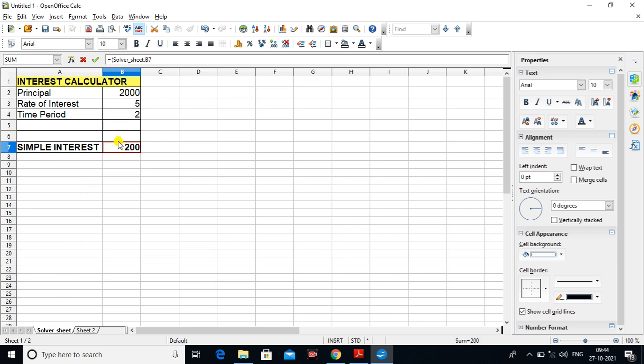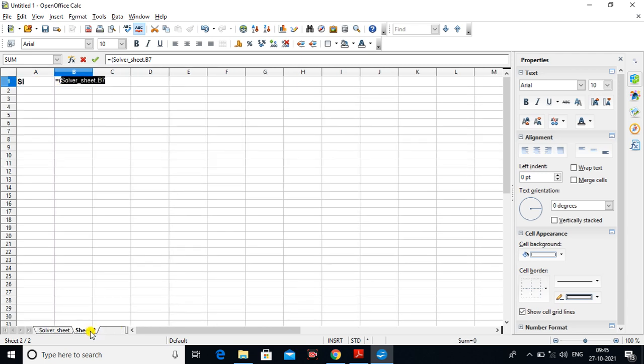When you click on this cell, it is reflected in the formula bar as well. Then I click on accept, and I go to sheet 2, and here the linked cell is reflected in the formula. I just type the close bracket and press enter.